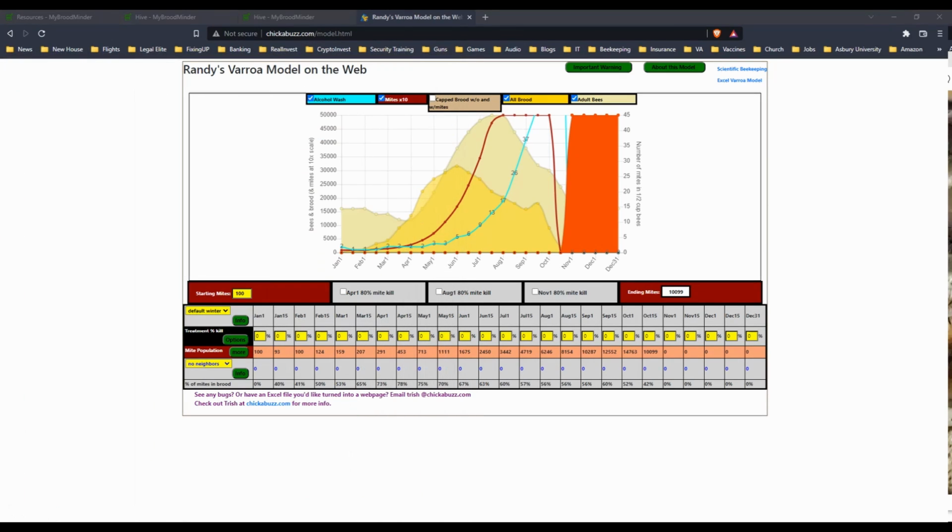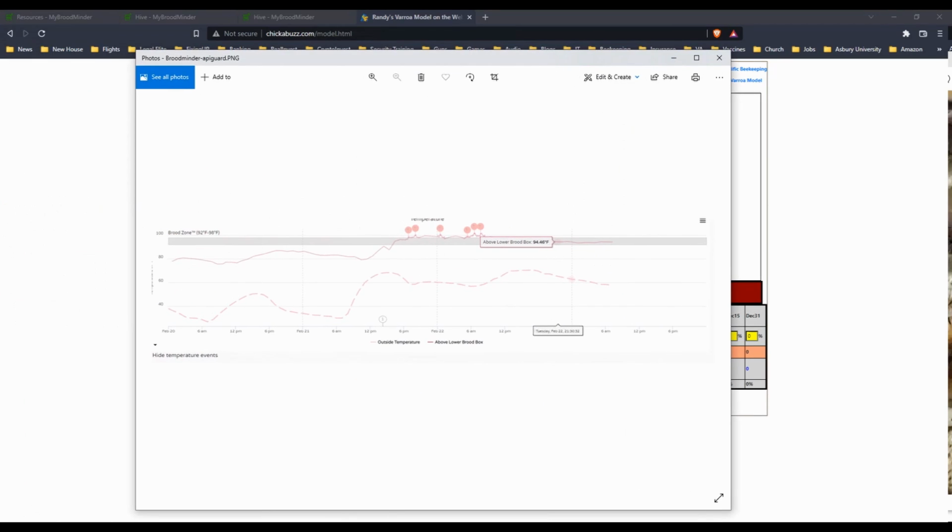So I have a Brood Minder, well, two of my hives have Brood Minder sensors in them. And as you can see, where this little one is right here, that's where I put the thymol, the ApiGuard in there. And as you can see, when the bees started buzzing, it brought the temperature up to over 100